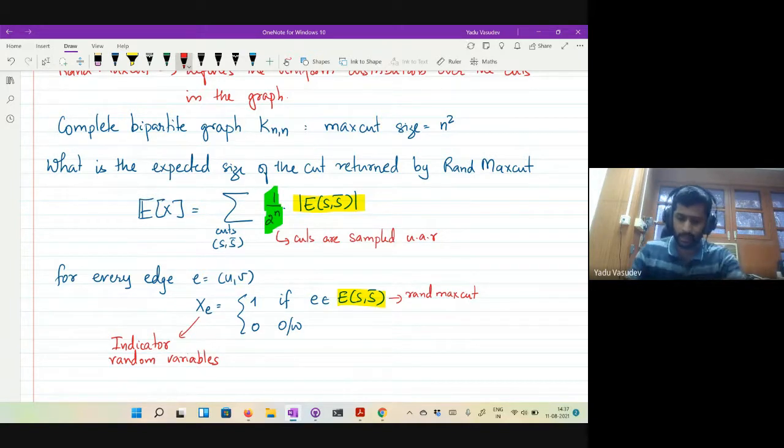So that is the event. The event is actually written here. This is the event of interest: e is in the cut set.